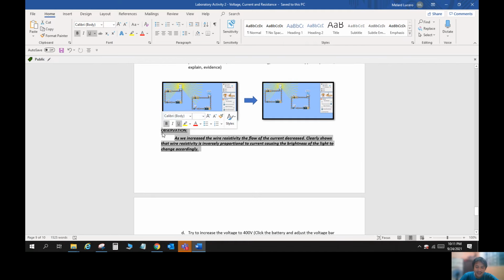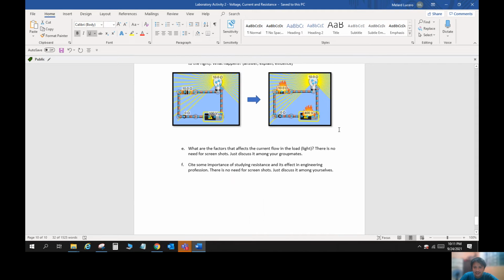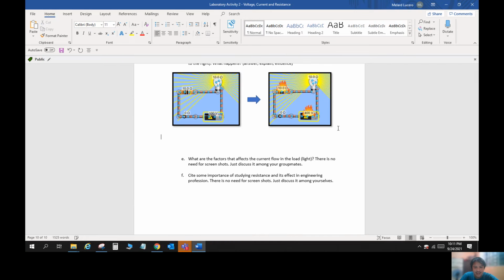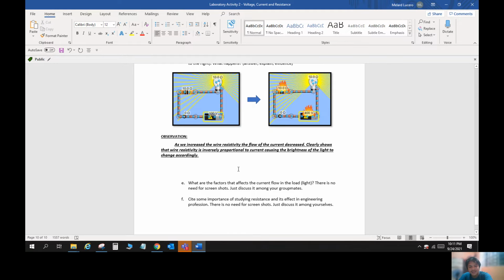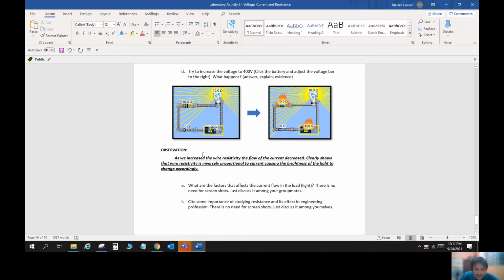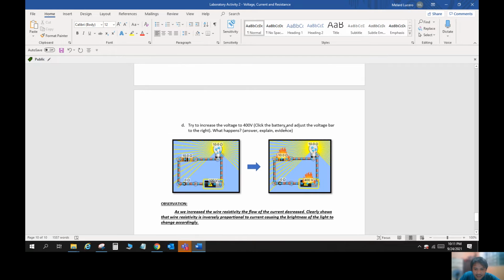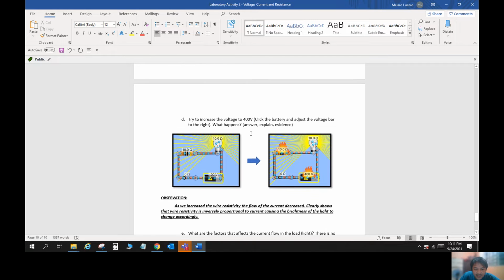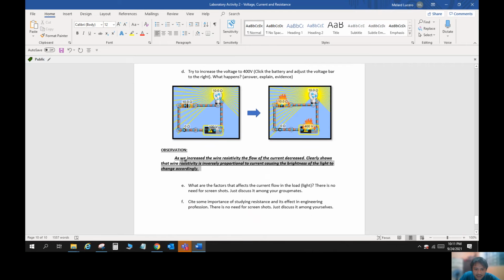So basically ang mangyayari is sunog yung circuit or sira yung circuit, tapos nakasira pa tayo, kumbaga kung sa bahay to, sunog ang bahay or sunog ang ating pera, parang ganun. So as we try to increase the voltage, click the battery, adjust the voltage bar. What happens? So as we increase the battery source,